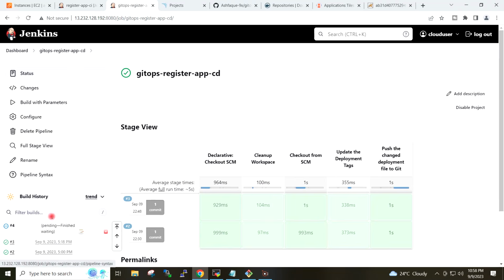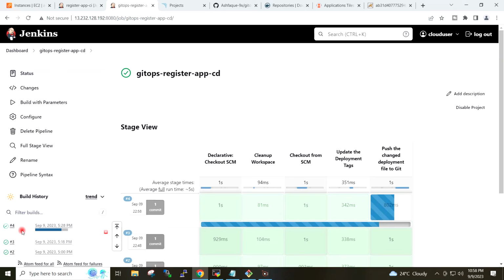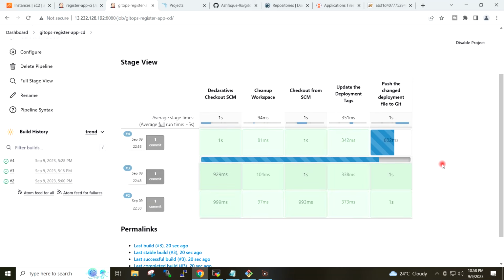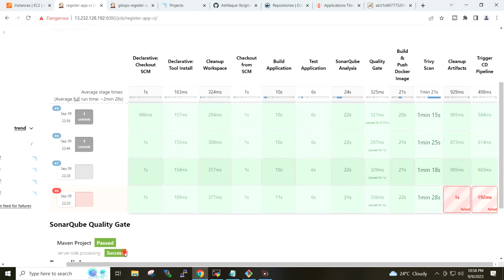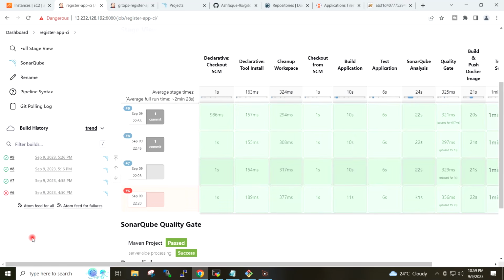If I go to CD job, it has automatically triggered upon the completion of CI job. CD job also completed successfully, and note the build number in our CI job is 9.